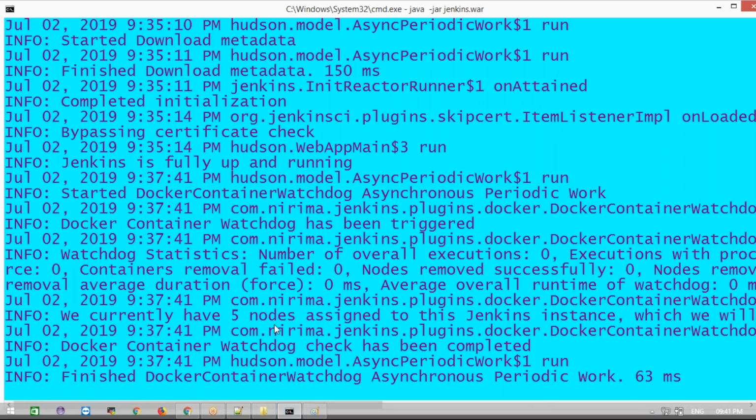See, my Jenkins is fully up and running, right?